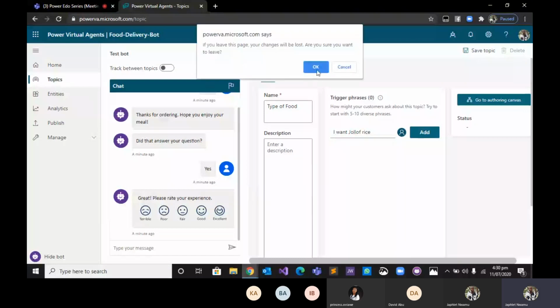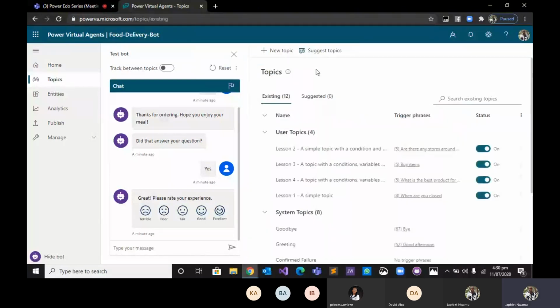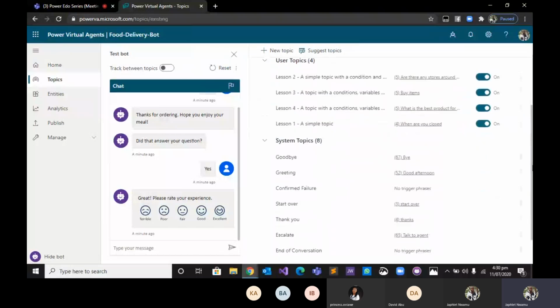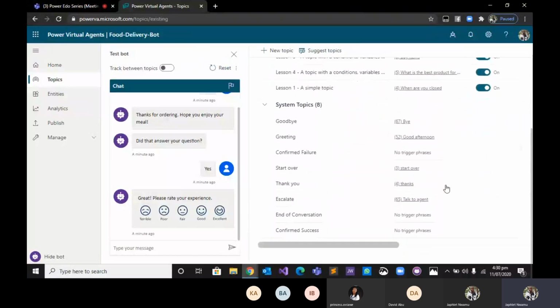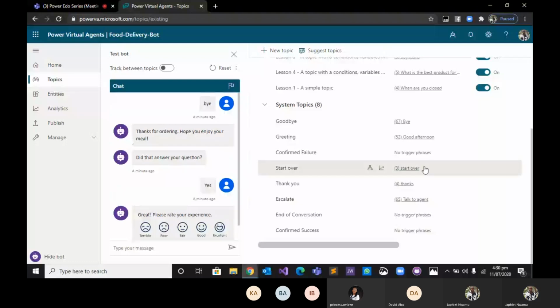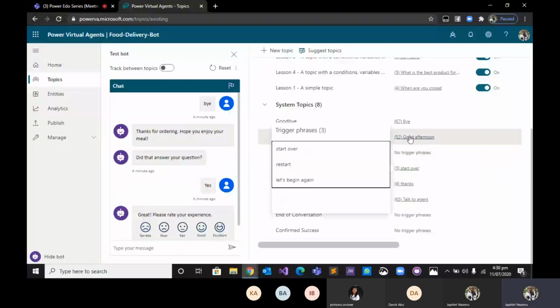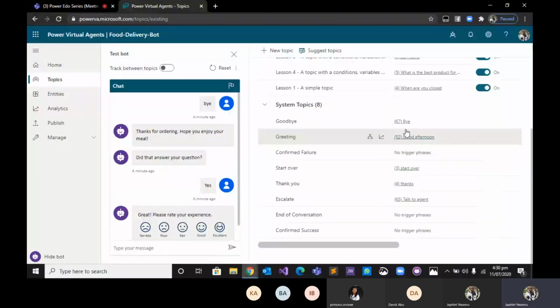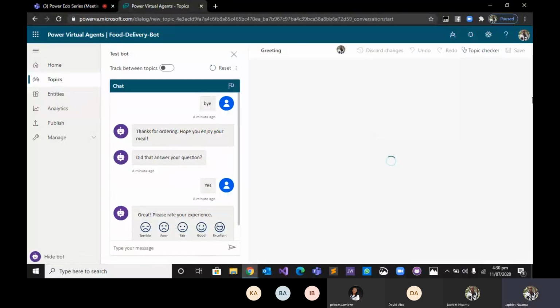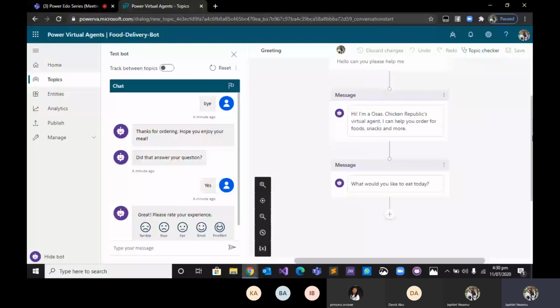Remember our workflow. In our workflow, we said the first thing is to greet the user, and from our greetings, notice what happened. Notice we asked the user, what would you like? What do you want to eat today?